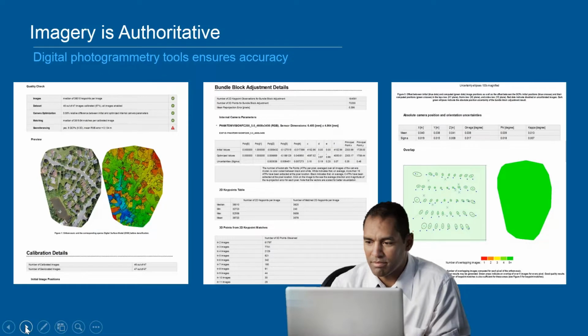It's important to recognize that imagery is authoritative. What that means is that it's much, much more than a pretty picture. There's a lot of data locked inside imagery. It's generally published at some kind of known accuracy specification. It generally comes with some kind of metadata, which is data about the data, and that authoritative aspect of imagery